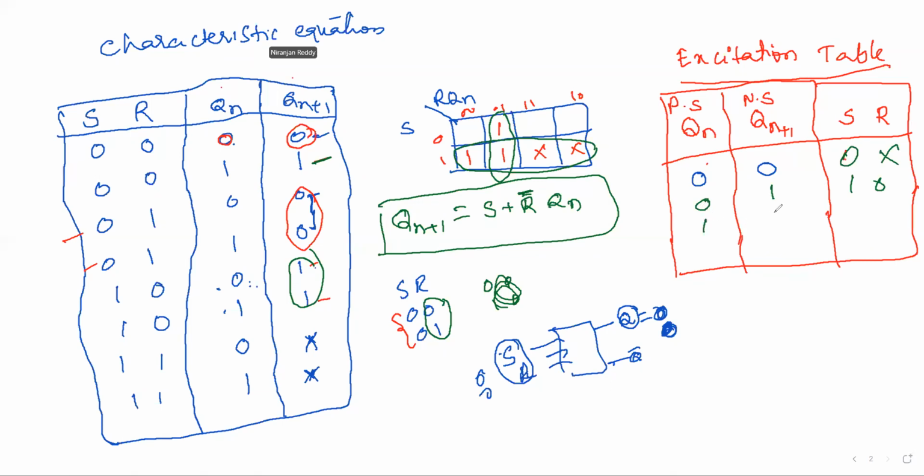Okay. Next to 1 0, it will be at 0 1. Next 1 1. Next 1 1. Present state is 1 and the next state should also be 1. So where are the next state ones? This is at 0 0, next 1 0, 0 0. See, the output is 1. Next is 1 0, sorry, 1 1, right?